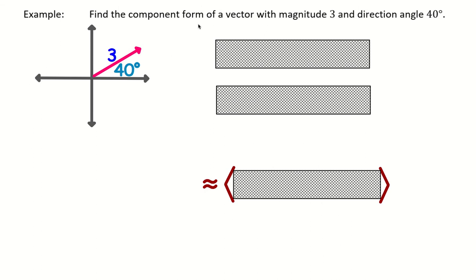So now we've got to find the actual vector, the component form of it, the a comma b, so to speak, with a magnitude of 3 and a direction angle of 40 degrees. So essentially we want, again, drawing a picture's good, we just want to find, like I said,